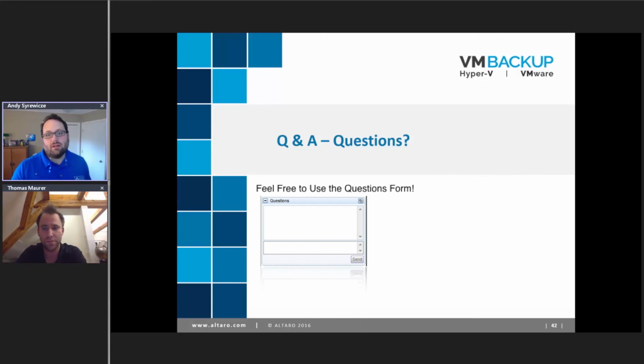Next question we have here centers around Hyper-V Server. So the question is, can you have network shares or drive partitions on the host, say for pass-through drives? And my personal favorite thing about Hyper-V Server is that it maintains pretty much near feature parity with the other versions of Windows Server. I don't know if you have any comments on that, Thomas. I don't see any reason why that wouldn't work. Yep, I totally agree with you here.